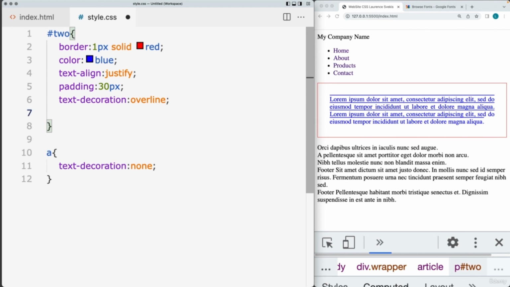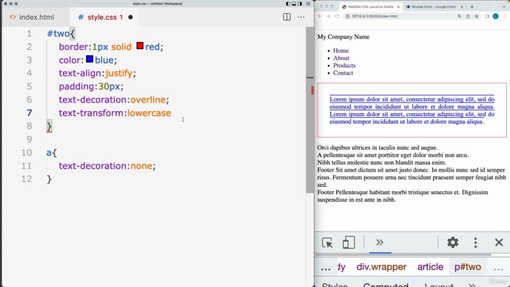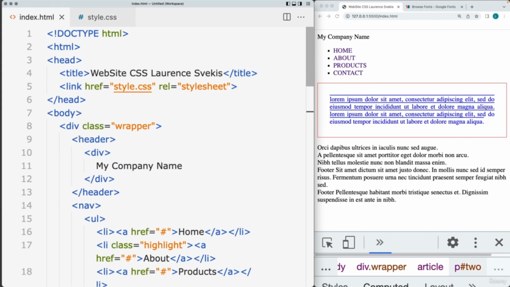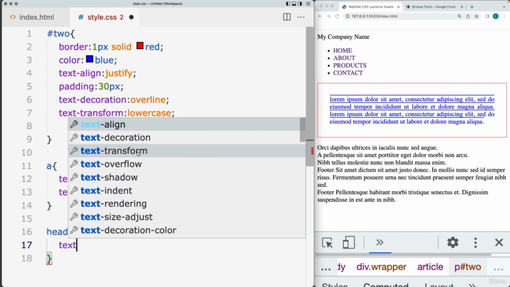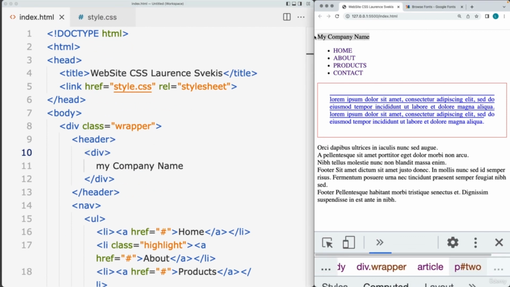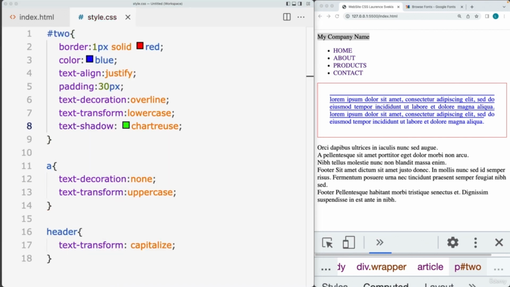Can transform the text, so using the text transform option. So if you want to capitalize the text, which it probably already is capitalized, you can convert it all to lowercase, and you can also convert it all to uppercase. So select the anchor tags and update these all to be uppercase text. So that will uppercase everything. I'm going to select the header content, and we'll capitalize the header element. So selecting the text transform, and then capitalize and update that to be lowercase, and then the display is going to be showing it as capitalized text,